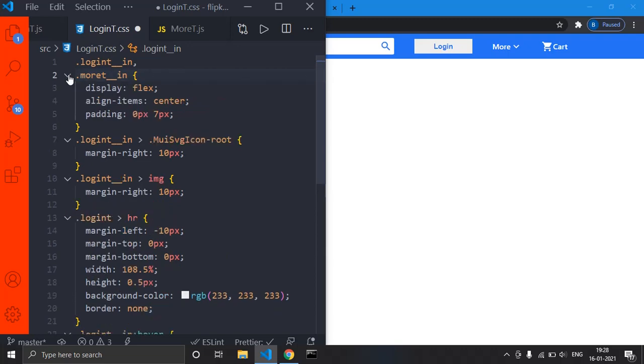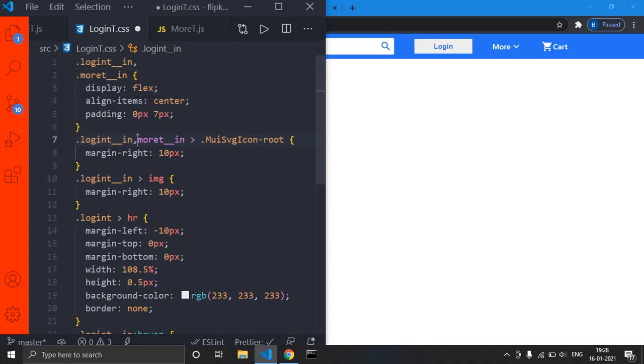As it is a class we are using dot. Like this we can avoid duplicate CSS, right? We want the same styles, but as there are separate components, we are giving separate class names. Otherwise we would give the same class name. For this also more t in, right?